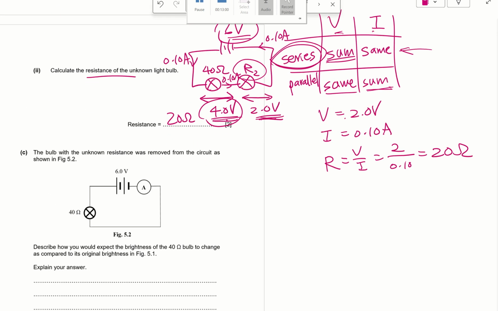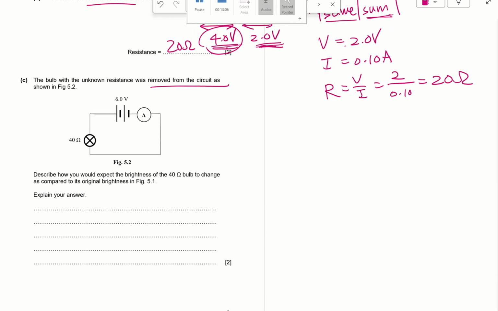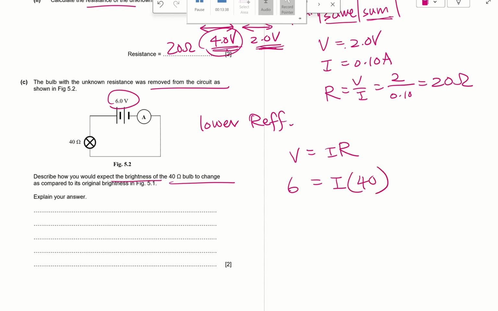Okay. Now part C, the bulb with the unknown resistance was removed as shown. Describe how you expect the brightness of the 40 ohm to change as compared. This is simple. Before that I have this light bulb, but now it is gone, right? Therefore I have a lower effective resistance, but my voltage is still the same, right? So using V equals to IR, my voltage is 6 volts. My current is unknown because they want us to expect the brightness, and the current is actually telling us how bright it is. Roughly speaking, the resistance is 40, so my current is now 6 over 40,